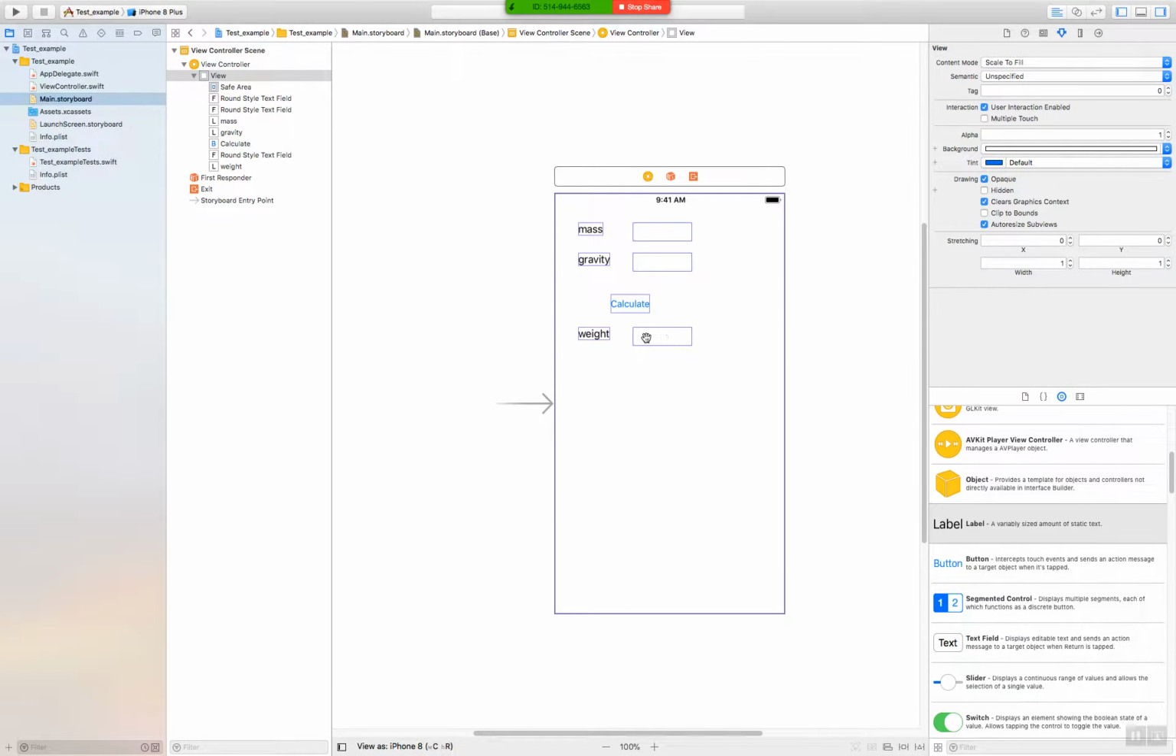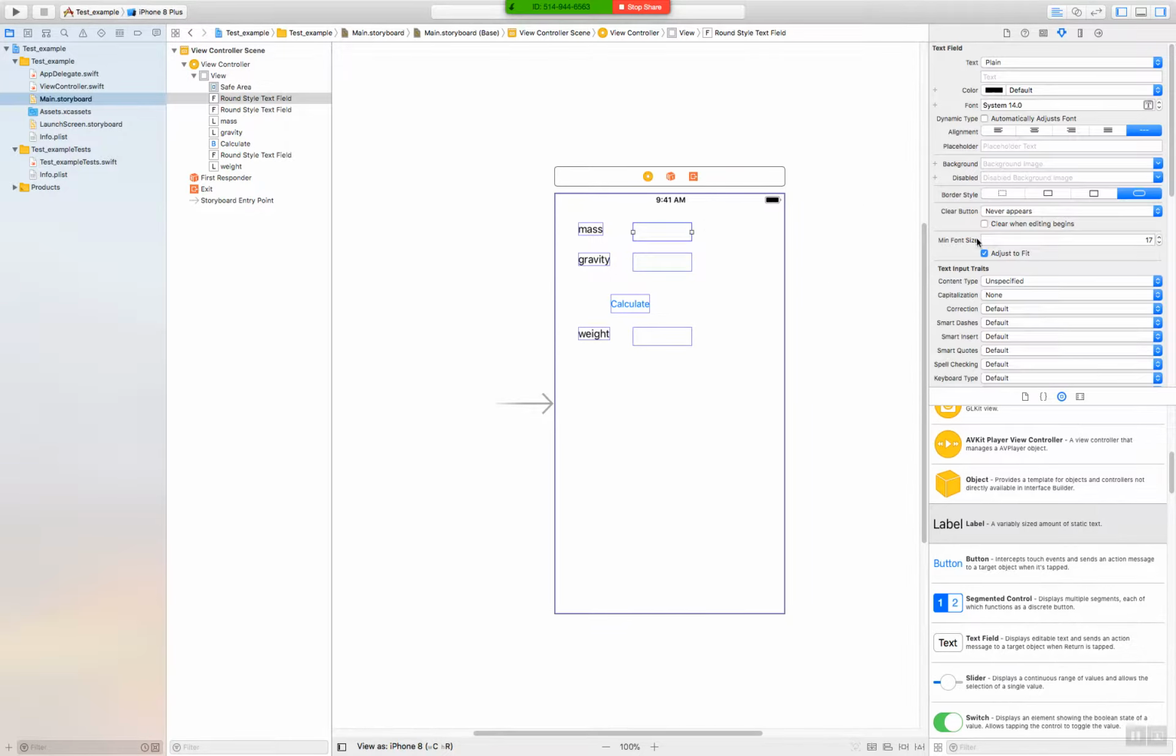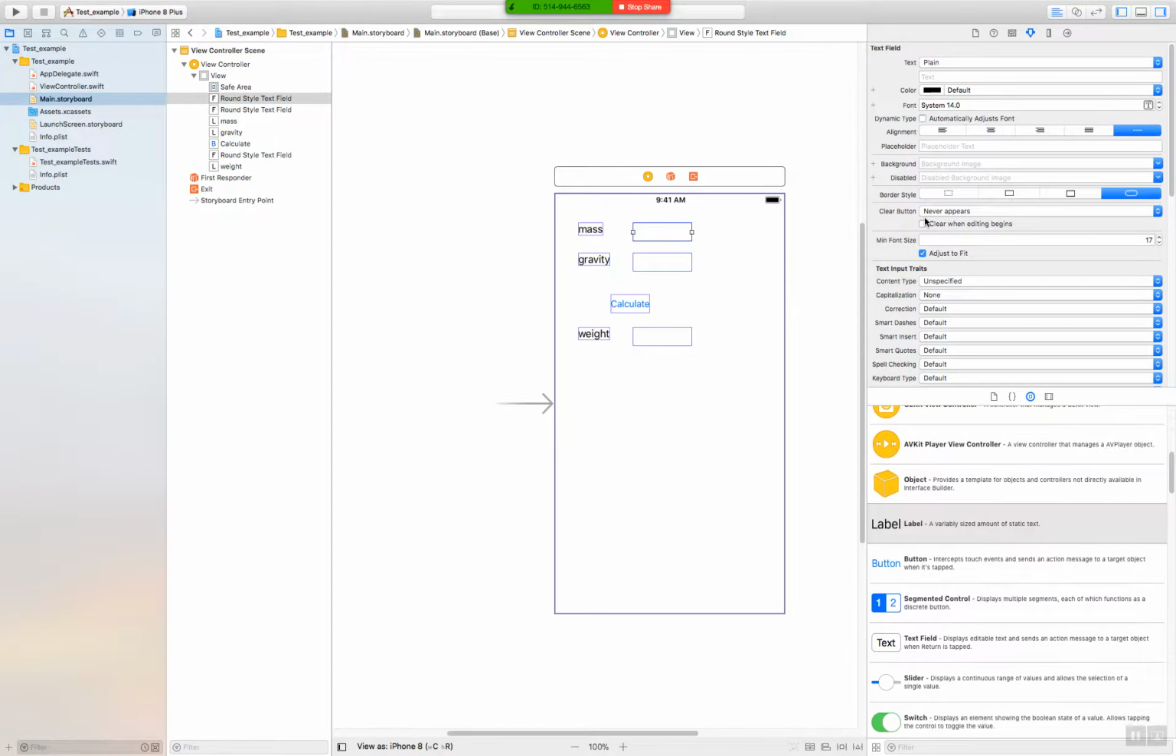A text field doesn't make sense for the answer because that implies you can input something in there, and our program is supposed to calculate it. But we'll just work with text fields so far. Now, when you click each one of these, over here on the side, you see different options you can choose. Choose a background image, border style,